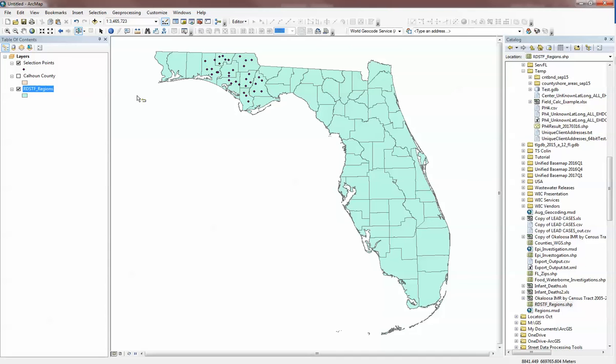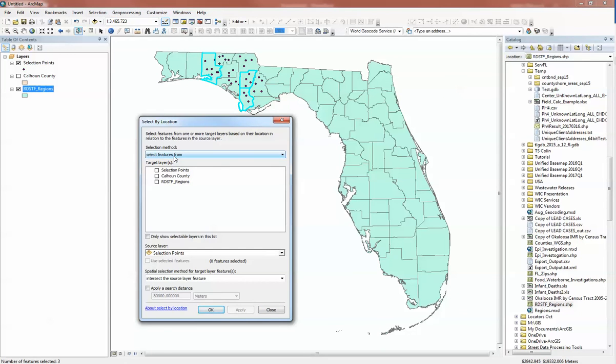The last thing we're going to do is select by location. So this is a lot of times selecting from a current selection as well. And what we're going to do here in this example is we're going to select a few counties here, and I'm going to want to select all of my points that fall within these counties. So what I can do is, if I already have these counties selected, I can come out to select by location,